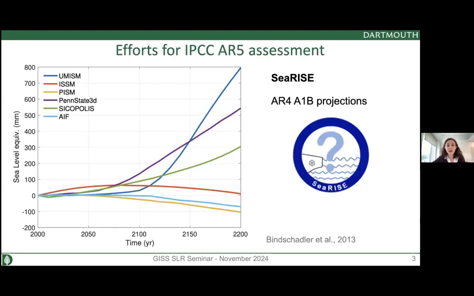If we look at what was going on for the previous IPCC report, the AR5 ice assessment, at the time there were few ice sheet models that were able to do large continental scale simulations. This is one example of such effort from Seroussi, the main international effort looking at large-scale continental projections of ice sheets. This figure shows the evolution of ice sheets and their contribution to sea level in millimeters of sea level equivalent for a period going from 2000 to 2200.